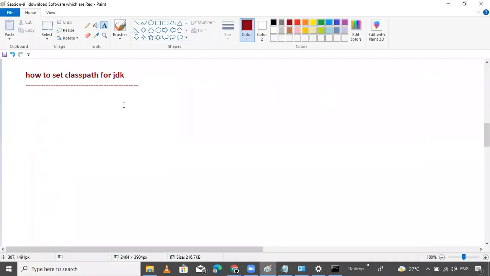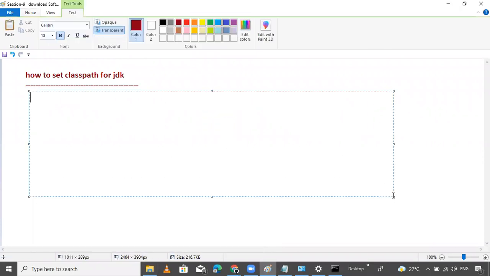We'll write down the steps. So first, what is the path? Step one is: right click on the computer icon.